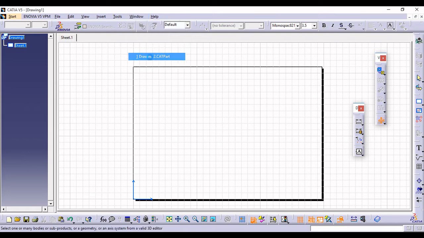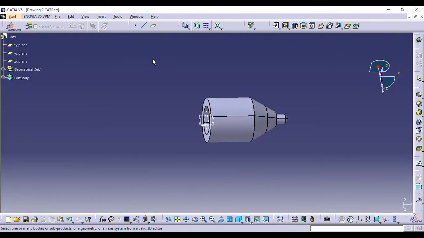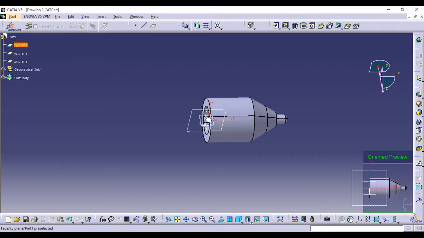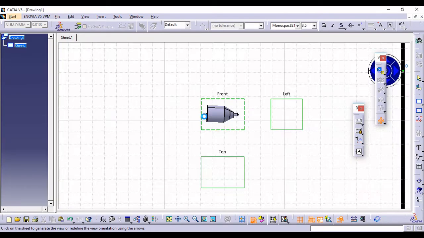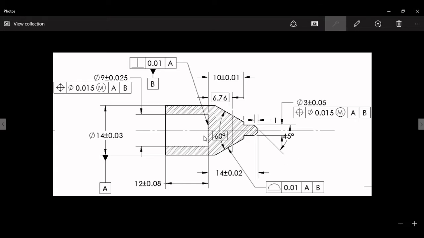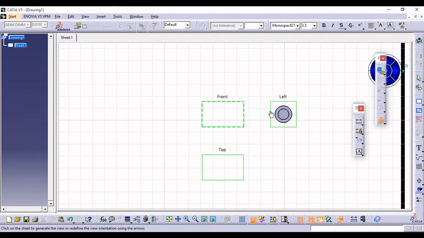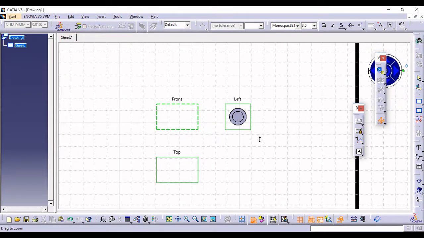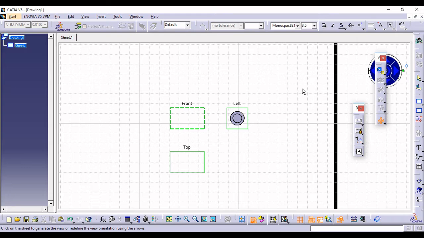Select this one and select the appropriate orientation of your component. Yes, so this is one. This front view looks somewhat like this, because this is simply a sectional view. I'm happy with these three views, so I click on the outside.